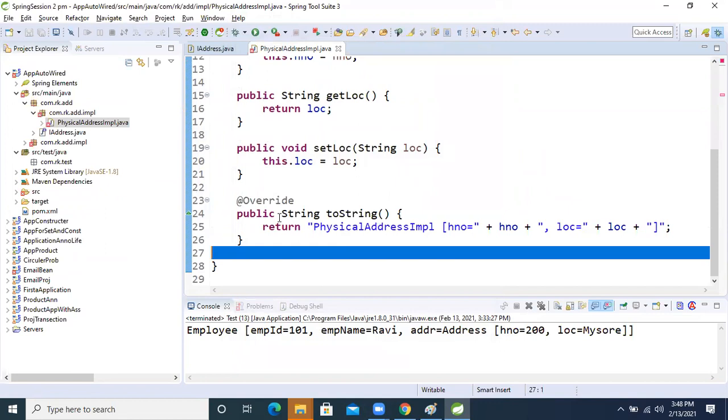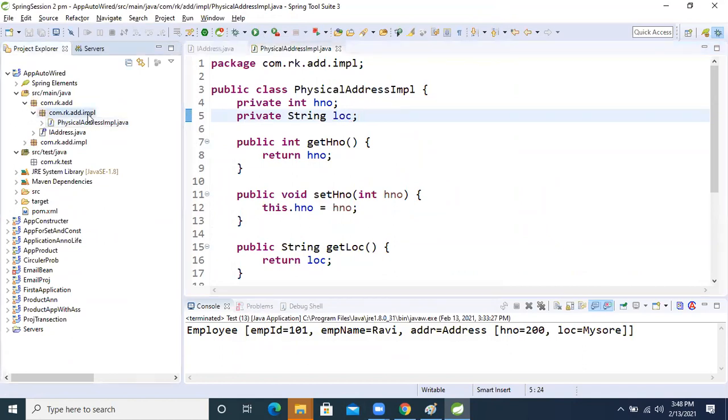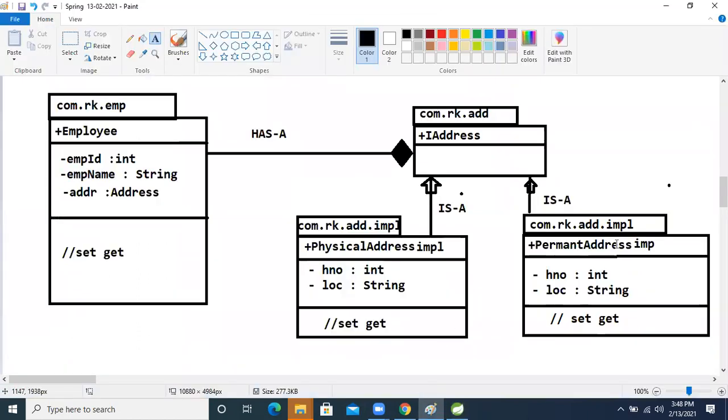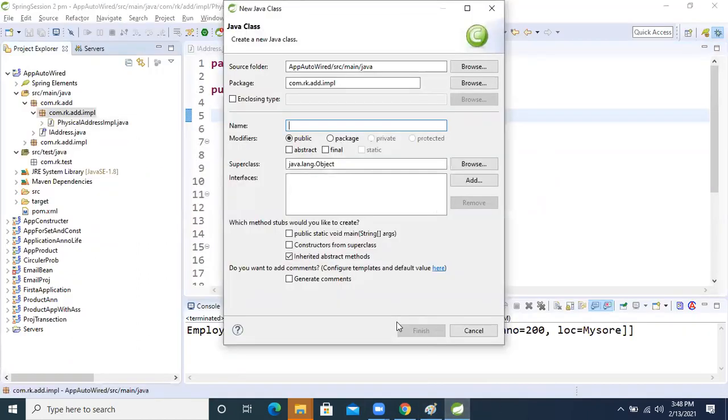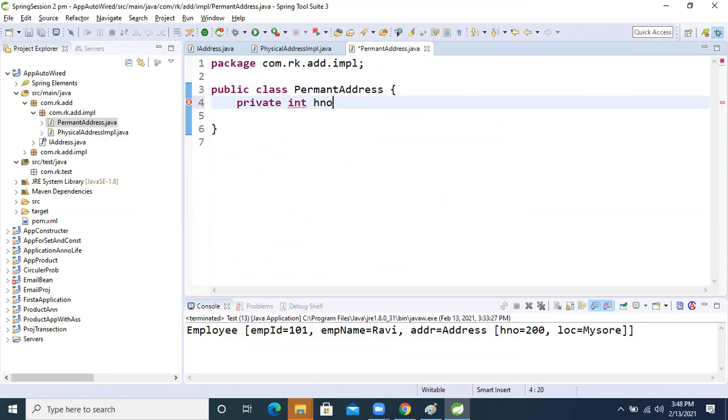Now one more class we need to write. Second class, come to the UML diagram, is PermanentAddress. Inside that, private int HNO, HNO means home number.